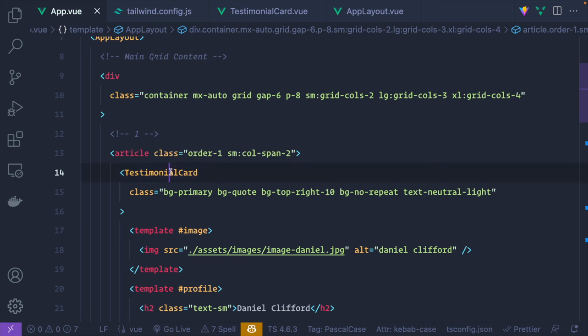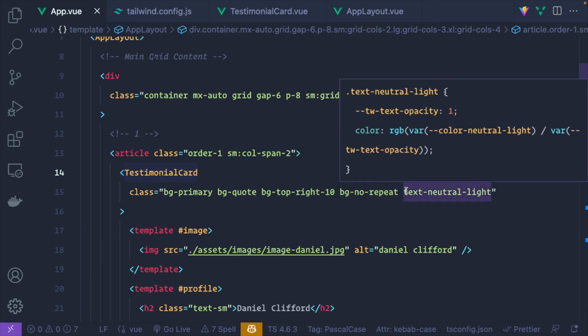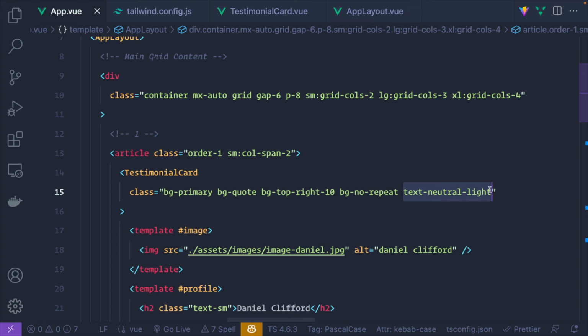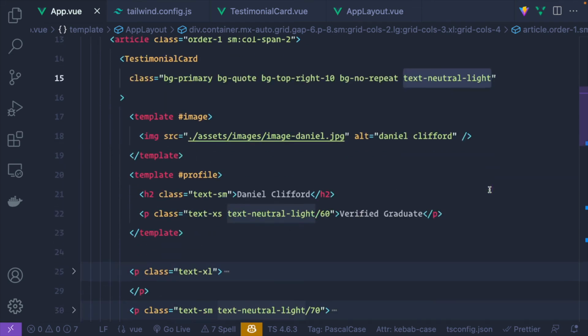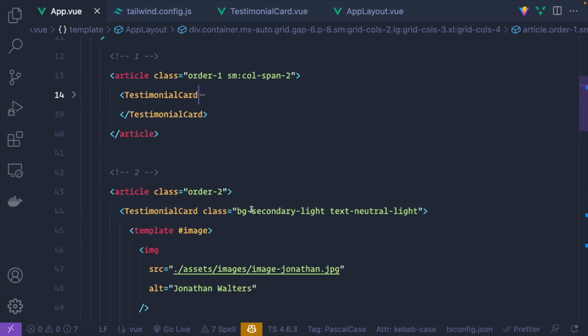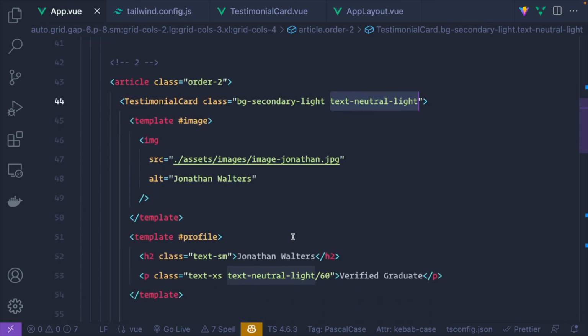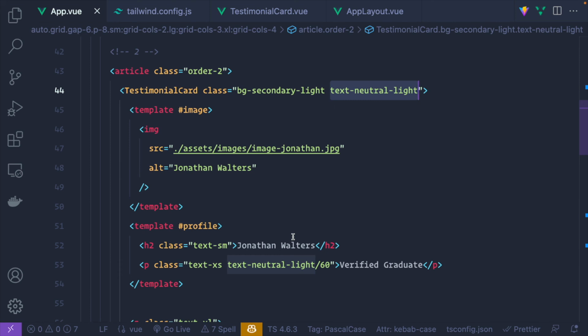Now the testimonial card only concerns itself with what is the background color, what is the text color for that background color, to be in contrast. If we look at the next one, yeah, that will be more evident. Next one, right? Just two, like this is the background light, and we are going to have a natural light text. That's it, just those two. So this is where we are only defining the contrast, and the nitty-gritty is the layout, the composition of that